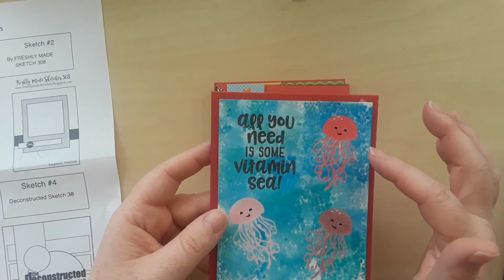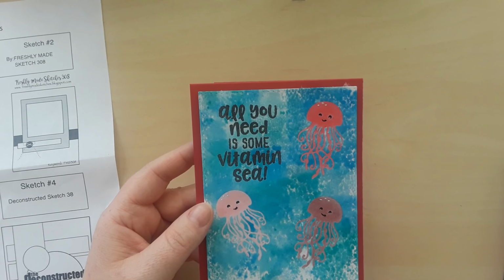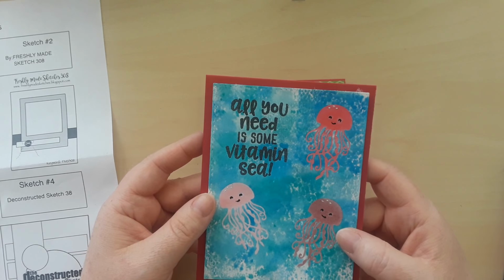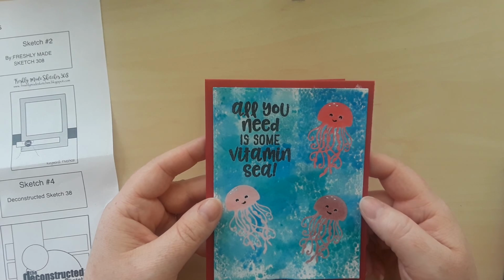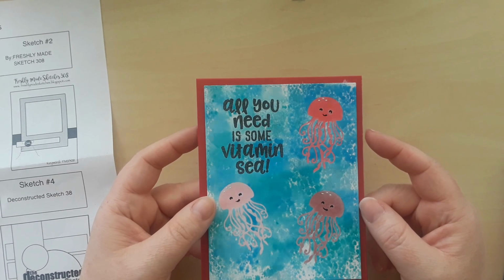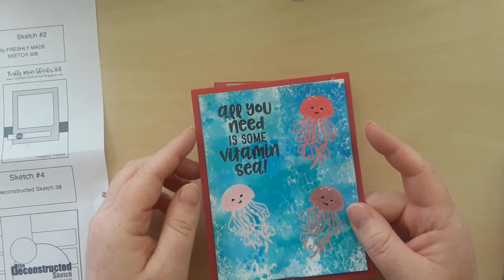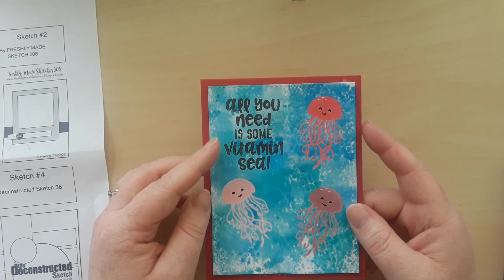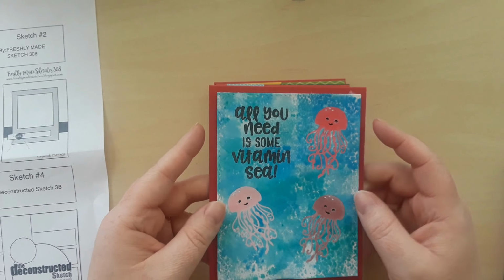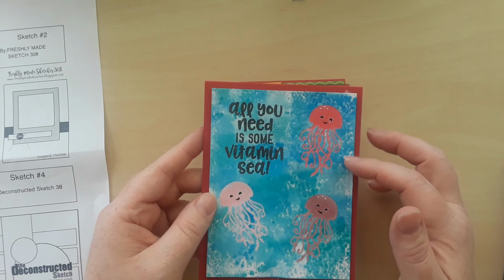Anyway, so using the stamp set, I used distressing to stamp these little jellyfish, and then over the top I added some Versamark so that I could emboss those with some clear embossing powder. And the sentiment has also been stamped with Memento black ink, and then I used the Versamark over the top so that all these elements were heat embossed so that they would resist the